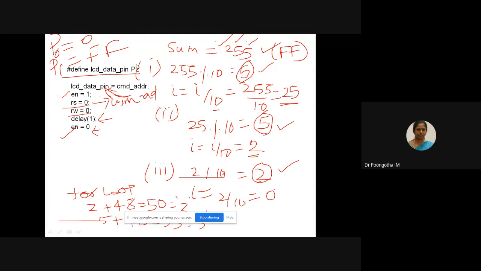So the first function will be the command function, and the next function will be the data function. In the command function, we have to set the LCD in display mode. We have to send some command hex codes to the command function. And the next one is the data function. Here we have to convert your input into ASCII values.